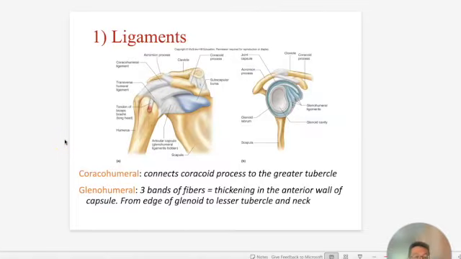Some of the ligaments we need to learn for the test are in orange. Let's remember some of the bone anatomy first. There's the AC joint. The A stands for acromion, then the clavicle, and the one sticking out in the front is the coracoid. So this is the coracohumeral